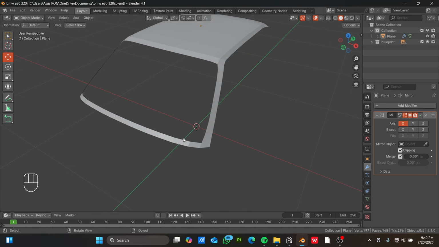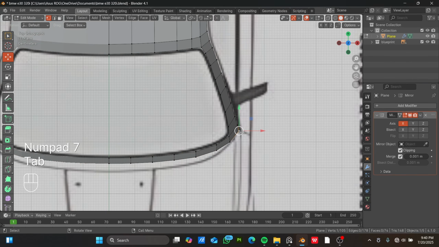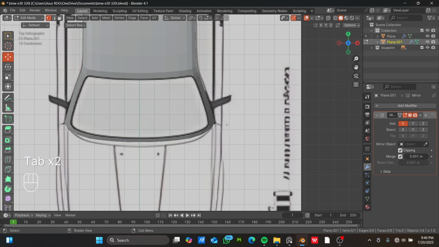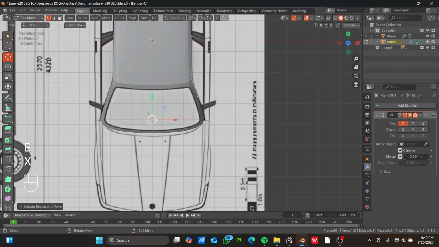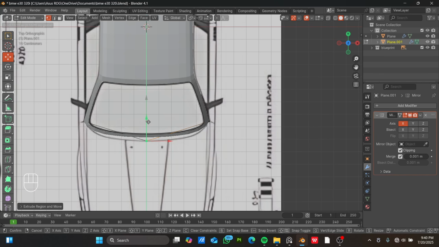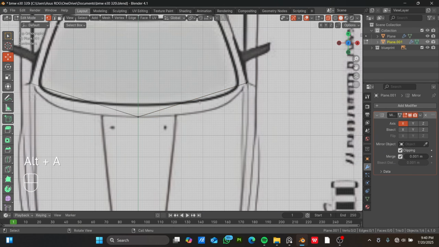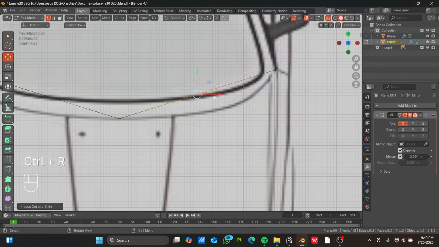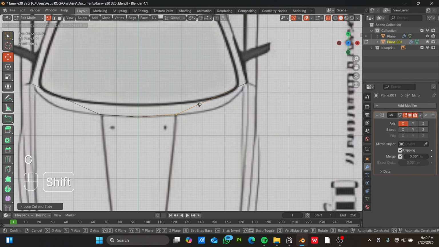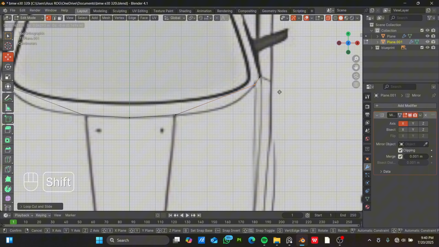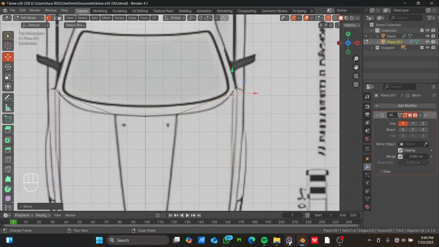So let us try to make that. So go to the top view, take this vertex, duplicate it and separate it. Select the vertex, then extrude it all the way to the center, and then move it towards this point. Now let's go to extreme mode so you can see what I'm doing clearly. Then add a vertex at that point, and then move it closer to this point right here, and then add another vertex, move it towards this point,